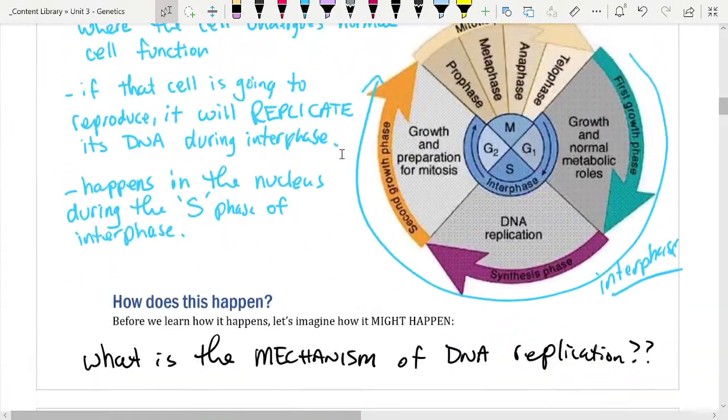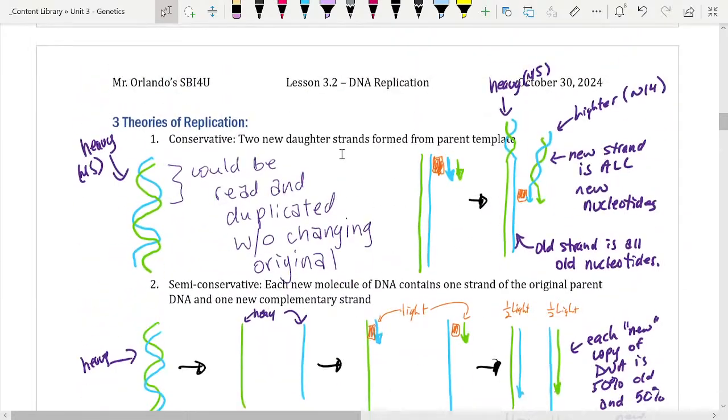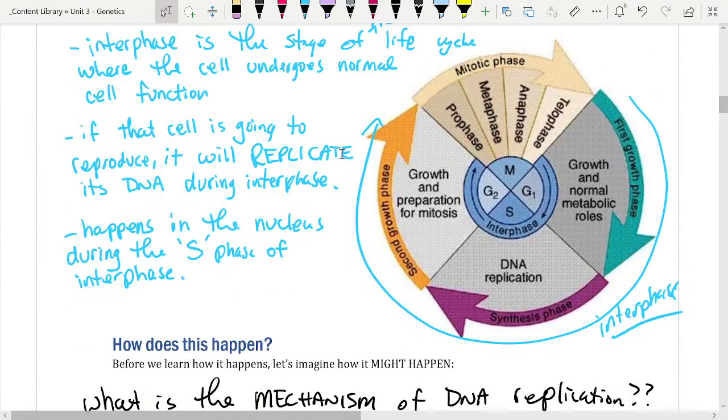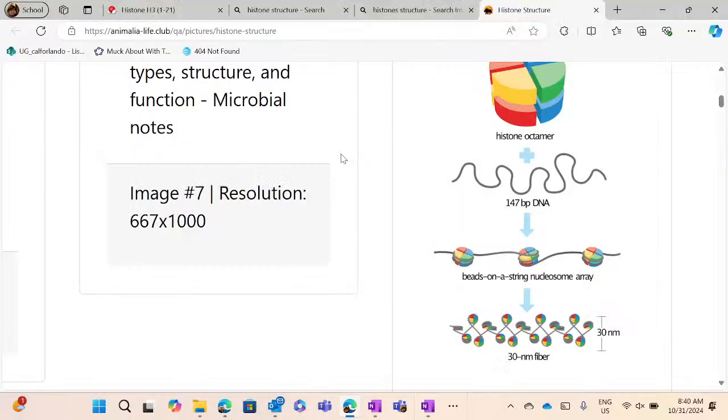All right, and then we talked about interphase and DNA replication. And then we talked about briefly pausing and saying, we know how DNA replicates. We're about to teach you. The second bit of this lesson that we're about to do, we're going to look at how it